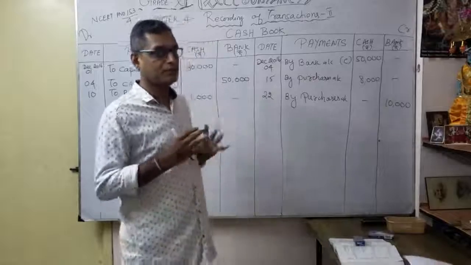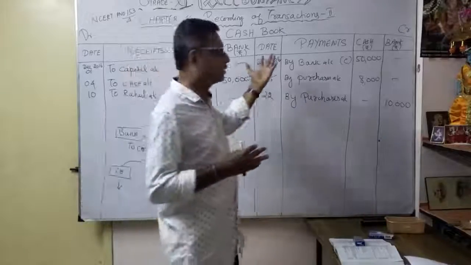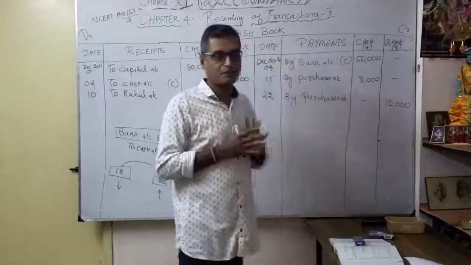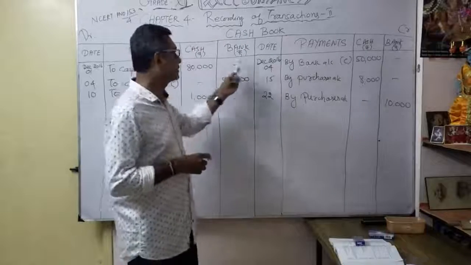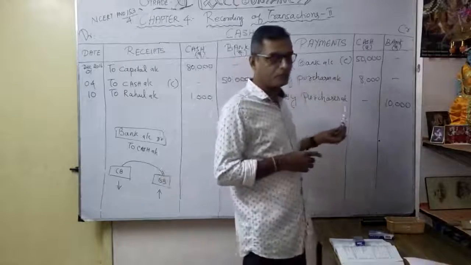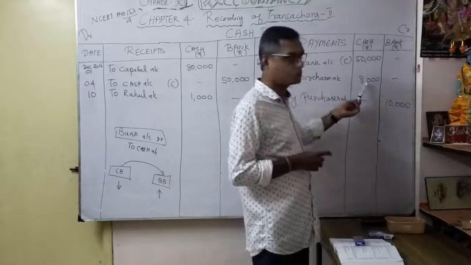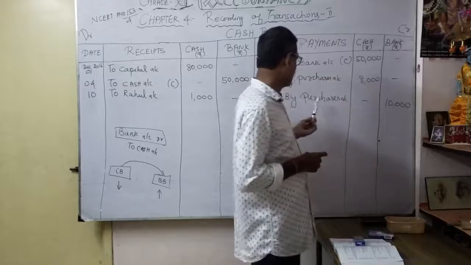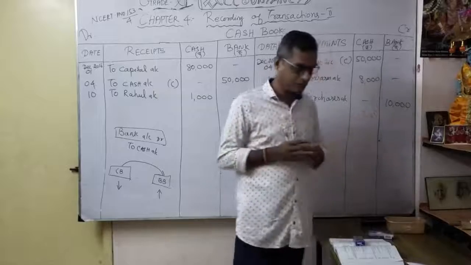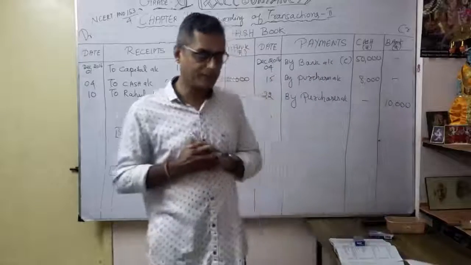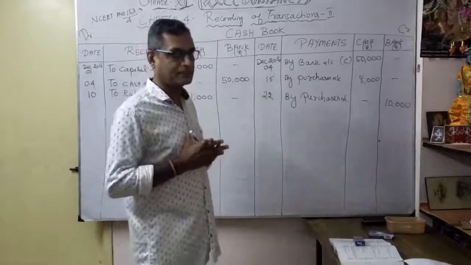That's what goes to the ledger. Here we are going to discuss only the cash book, a special purpose book, the double column cash book. Should be very careful. I purchased through check, that's why I wrote it there. Here I purchased through cash 8,000. Here, by purchases account 10,000. Okay, should be very careful here with cash and bank transactions.